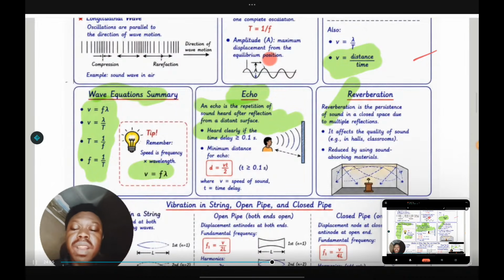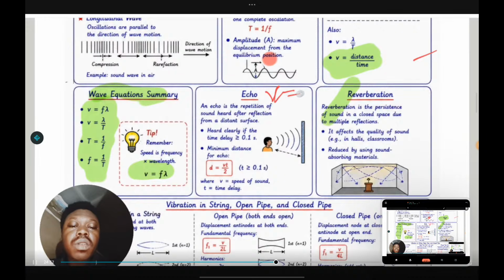Under light wave, we have reflection. Under sound wave, we also have reflection. For light wave, the angle of incidence equals the angle of reflection. For sound wave, we will now have echo. All right. So we are now going to have 2D for echo. So D equals VT over 2. And this is gotten from,